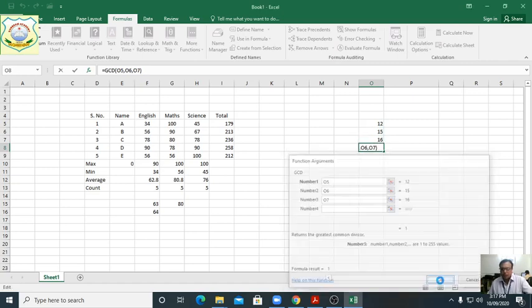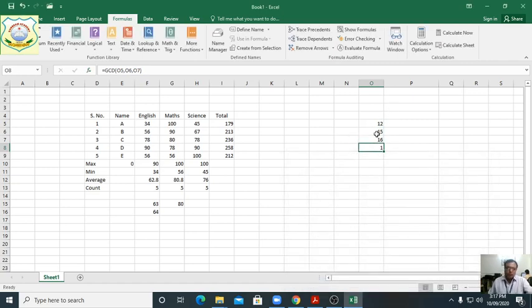Okay, students, the 1 will come. Why? 12 is the 4, whatever you will find, 15 you will find 16. But 15 is the multiple of 3 into 5. Another one is 2 into 3 into 2, like this. But if 15 is here, only 1 will come, because when you find the GCD of 12, 15 and 16, only 1 will come, students. You can check also. Clear, students?